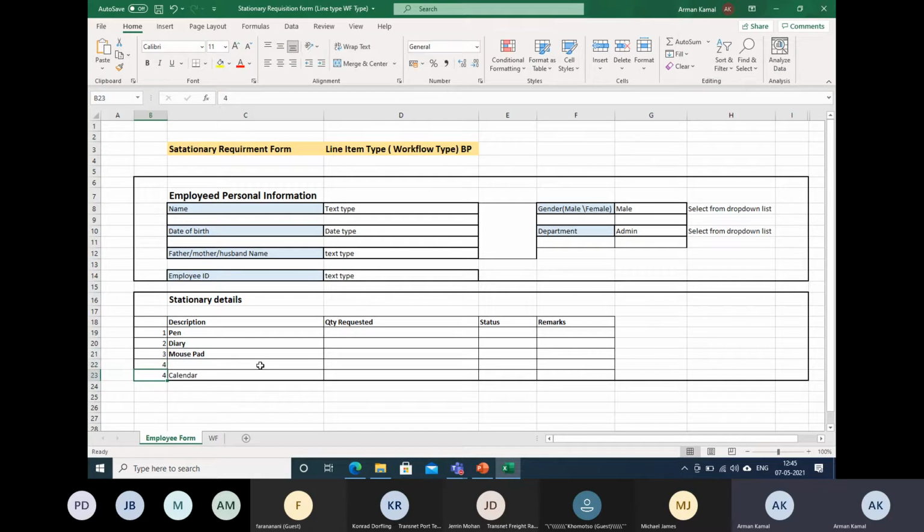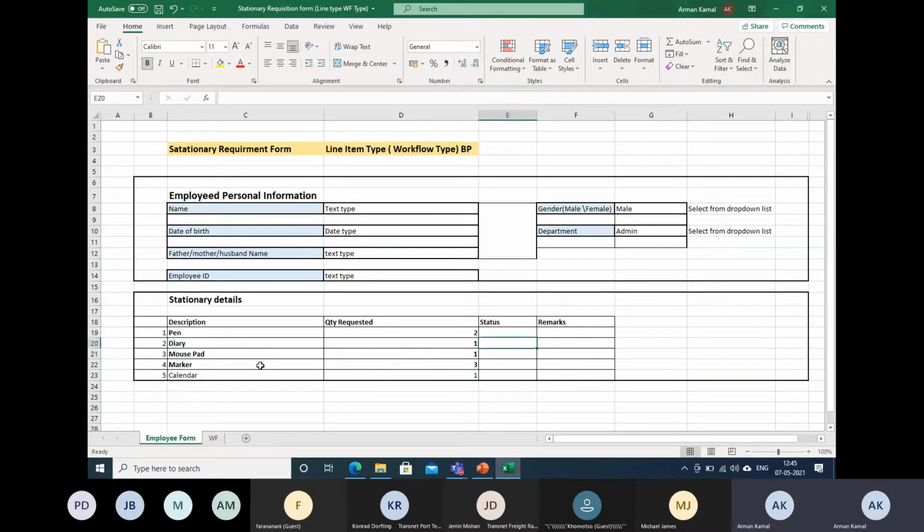So somebody will request. Let's say this is 4, this is 5. This is a very common example for whoever is working in an office. So this is all I can request: 2 pens, 1 diary, mouse pad, 1 marker in 3 different colors, and calendar 1.